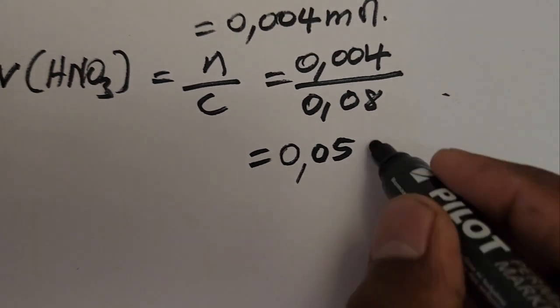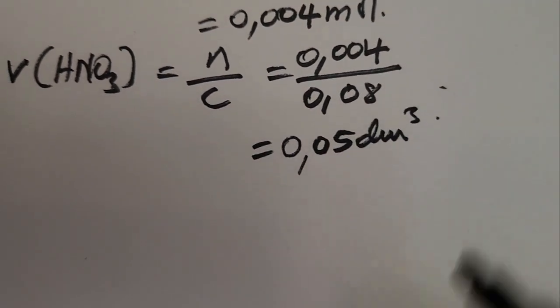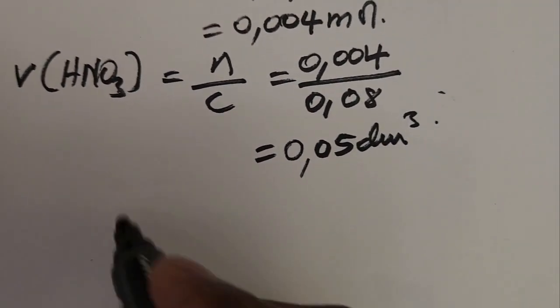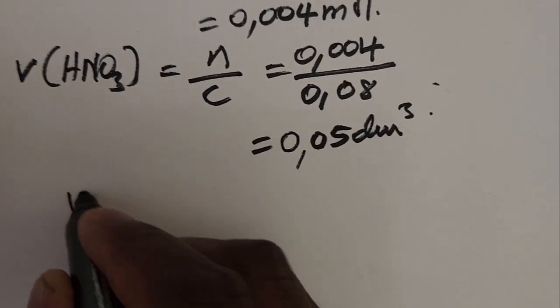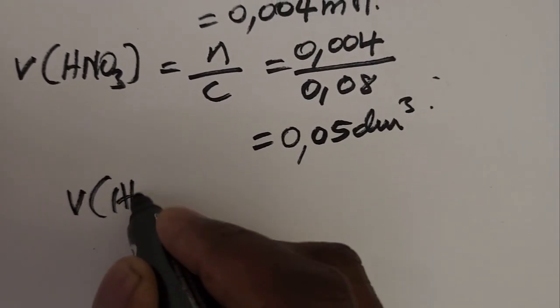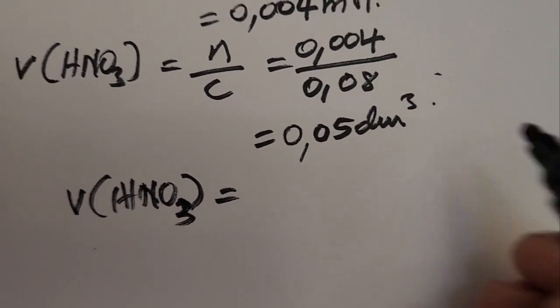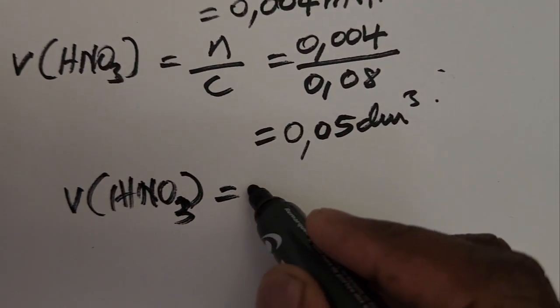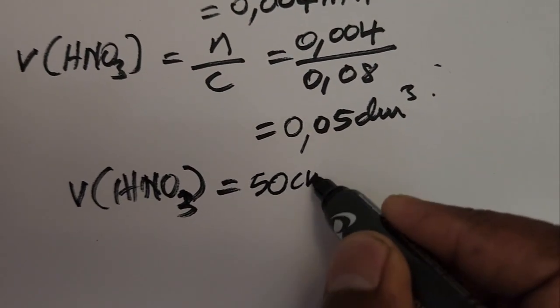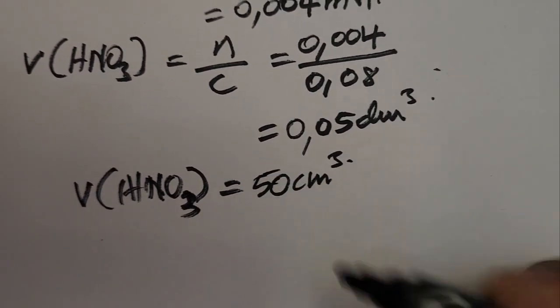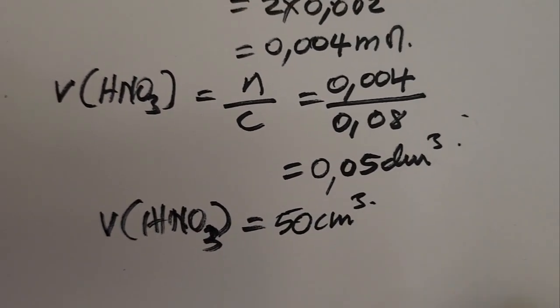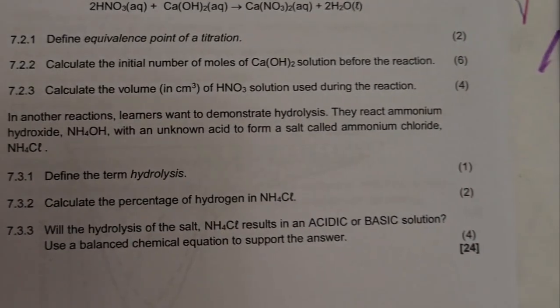That will be the case, decimeter cube, but they don't need decimeter cube, they need cubic centimeter on the question. They say therefore the volume of nitric acid in cubic centimeter, it will be, now just multiply this one by 1000, therefore you get 50 cubic centimeter. I think that is the final answer in this case. Very important question. Now we move to the second question, that is